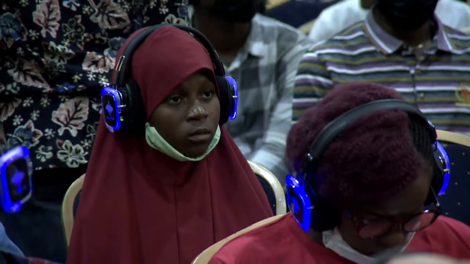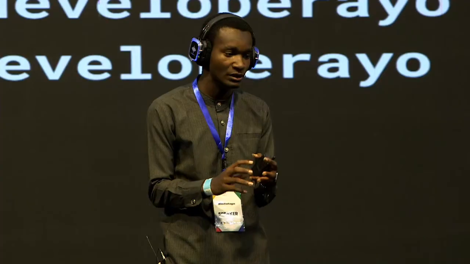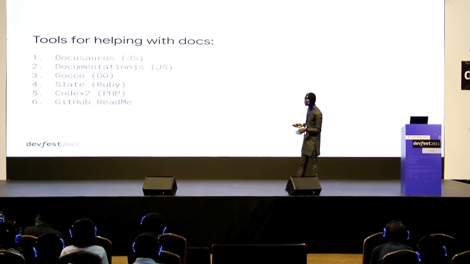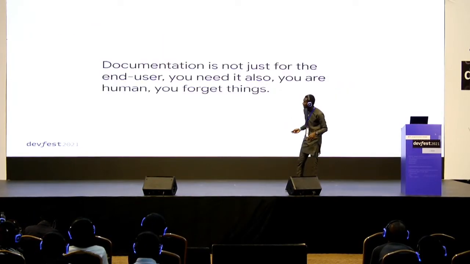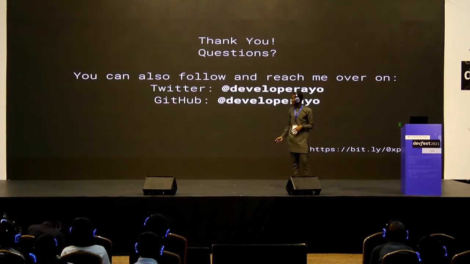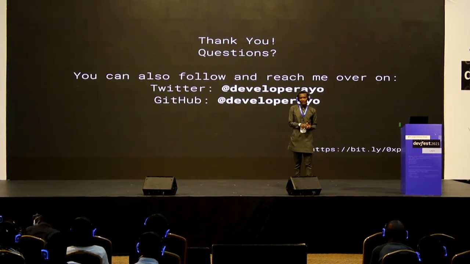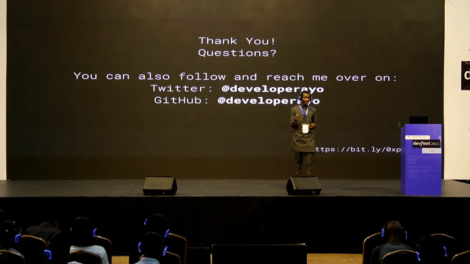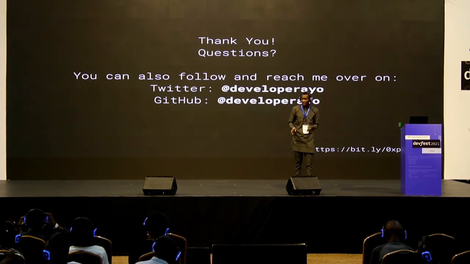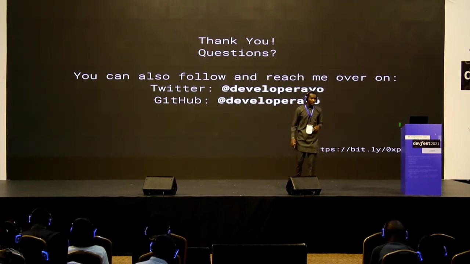So, for example, if you are building your Web3 app, let's say you are building something Web3, but you're using Node.js or front end in React, you can use the JavaScript one. But if you are using a core language like Solidity or Rust, I think there was one that I posted for Ruby, sorry. So for Rust, you could just reach out to me. I've seen one that works with Rust, but I've not seen any for Solidity yet. But if you can't find any, your best use case would be GitHub README. So yeah.